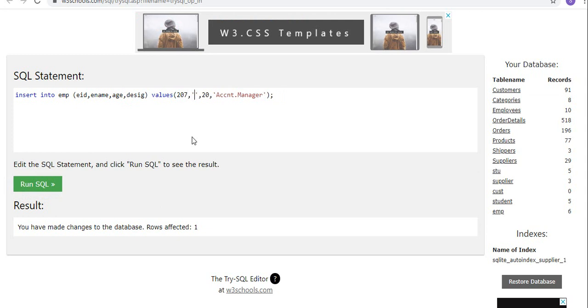Now I am going with 207 for Vamshi. I'll remove this age.